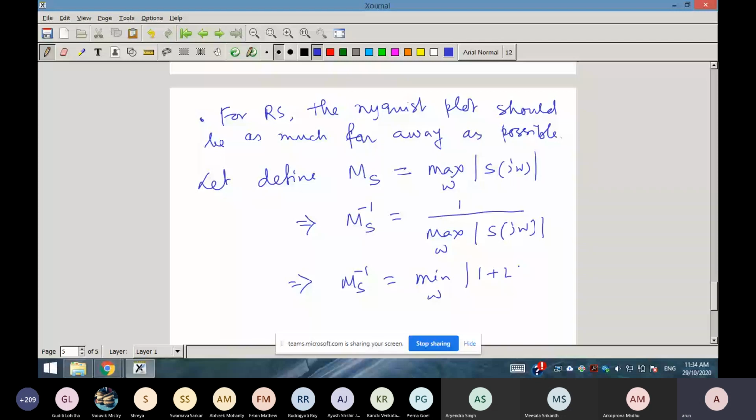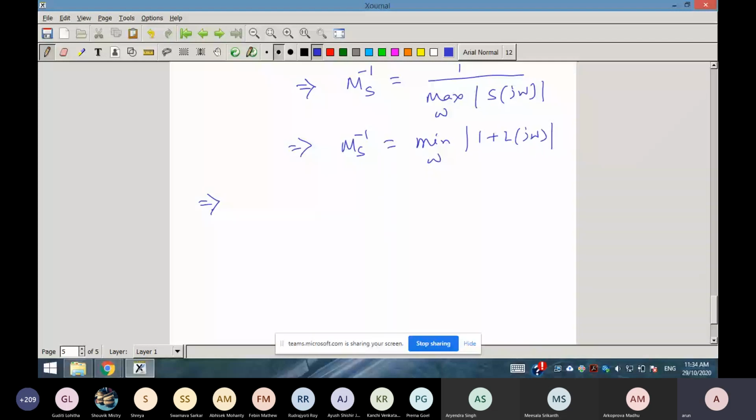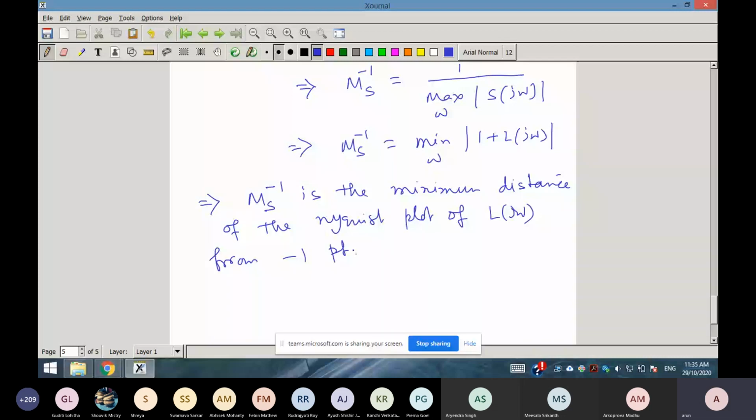So now you see, this implies Ms inverse is the minimum distance of the Nyquist plot L(j omega) from the -1 point. So that means